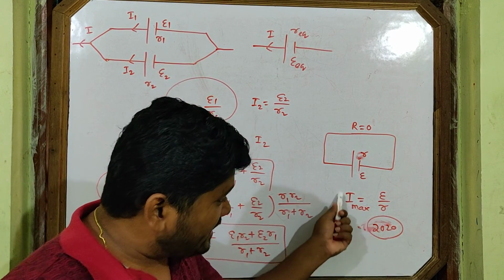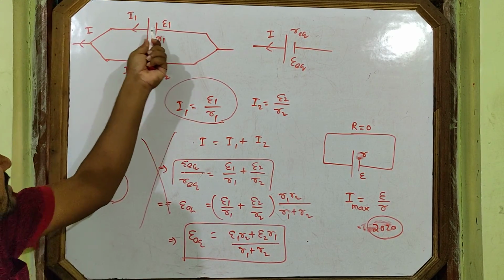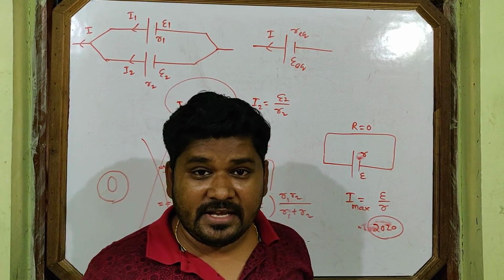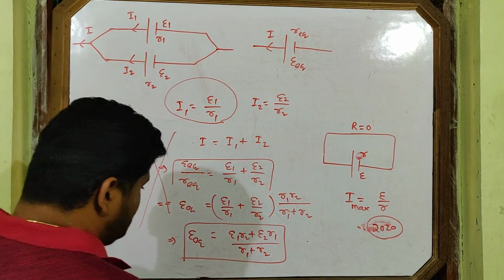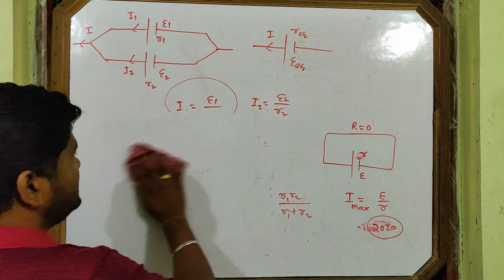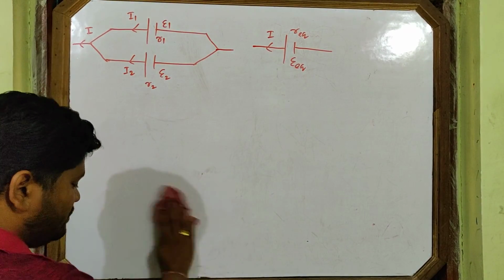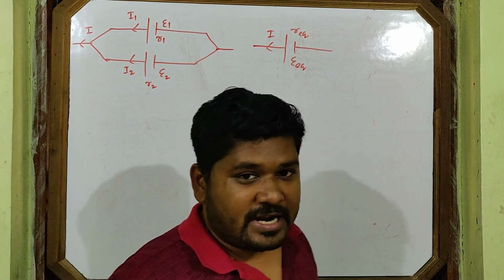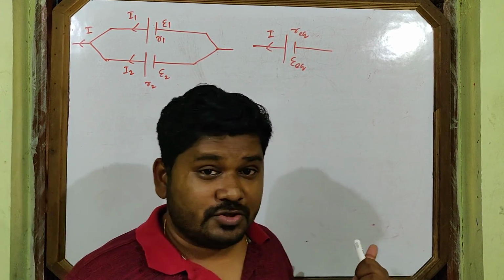But this is applicable when the two terminals are connected directly. But here, the two terminals, plus and minus, are they connected directly? They are not connected. So we cannot use this expression here. But some students use it and go the wrong way, so they face the problem and will not get any mark. So now let's come to the right derivation. I just showed you, don't do this type of derivation, you will lose marks.